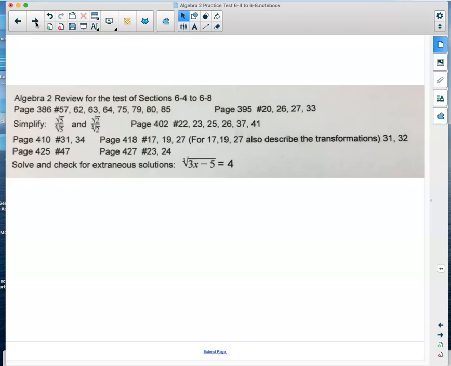Pretty obviously, I hand-picked them, right? I mean, there's a couple of these I even came up with so they'd be more and more like what you're going to see on the test. So make sure you do this review assignment. And if you have trouble with anything, stop me. And we will definitely